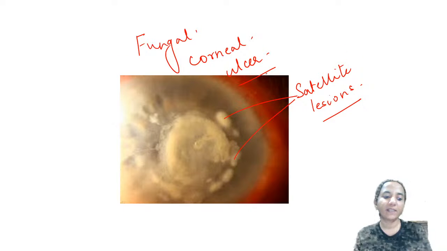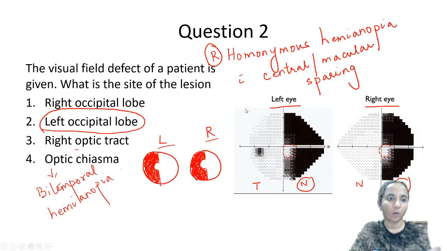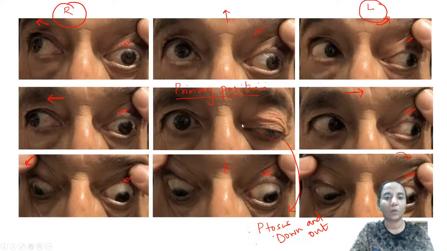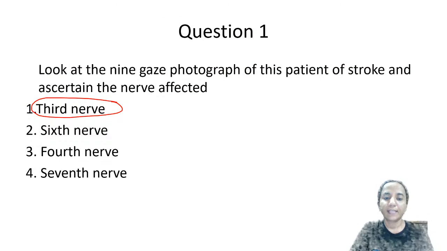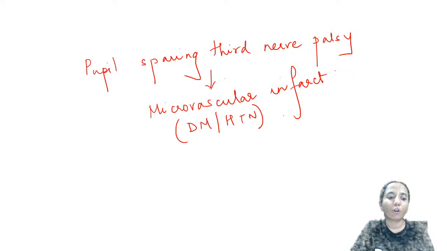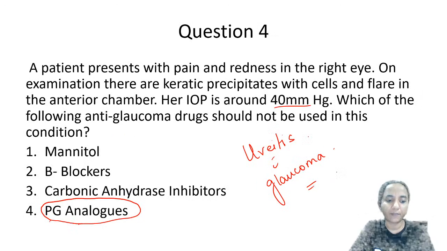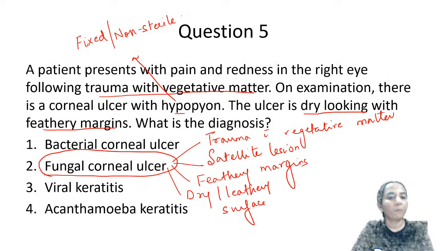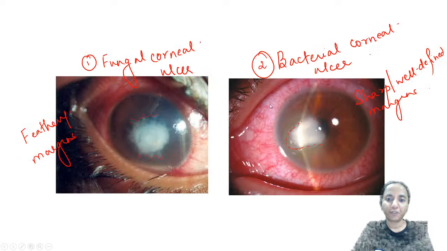Right? So these are a few of the questions that have been recalled by the students. There was one question on cornea. There is one question from glaucoma and uveitis. There was one question from retinoblastoma. There were 2 questions from neuro-ophthalmology, one from the visual field and the other from the third cranial nerve palsy. These are a few of the questions that have been recalled, but I must say that the questions this time were not very difficult. They were relatively straightforward and also from the more important topics. Right? So this is what I had for you in this session today.